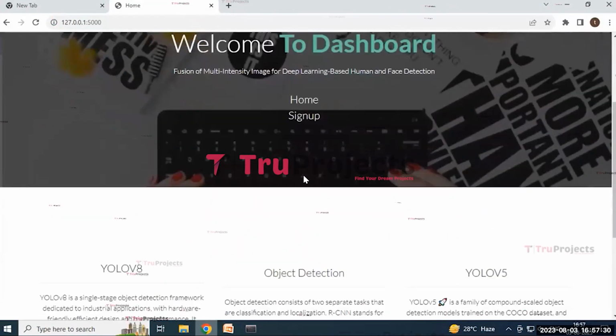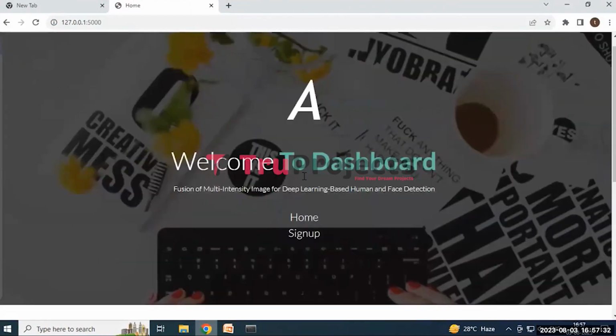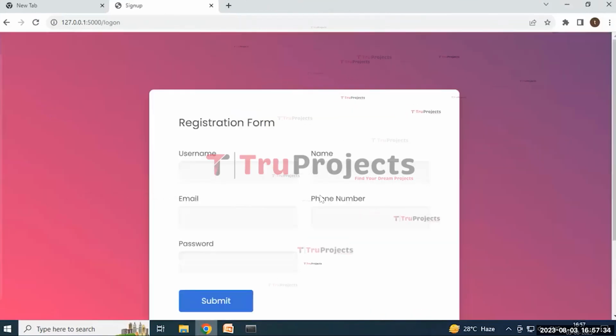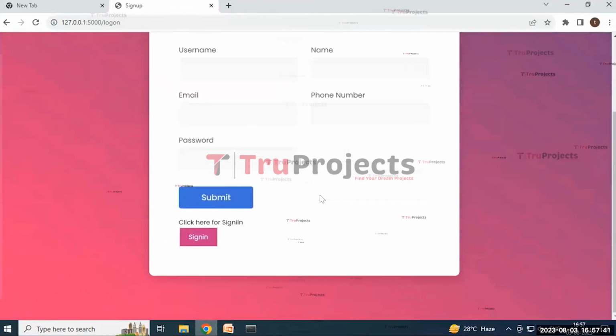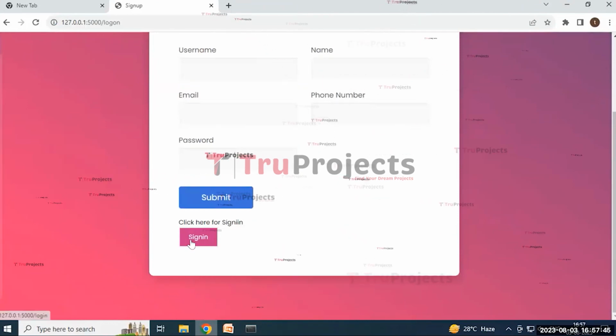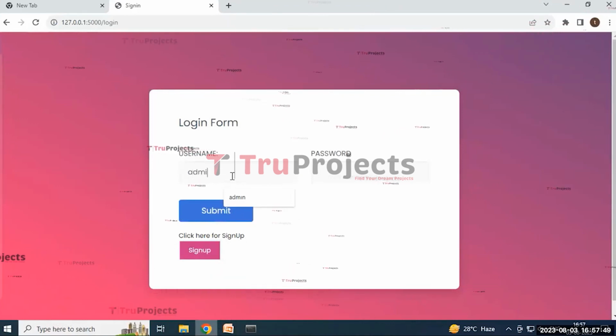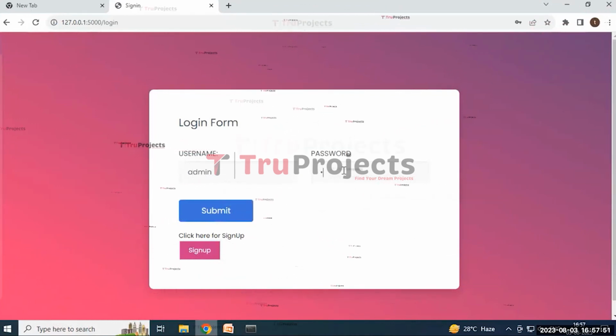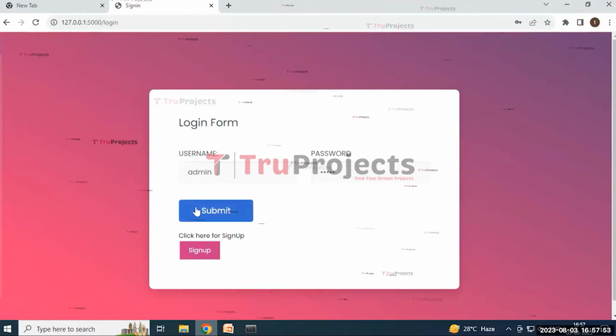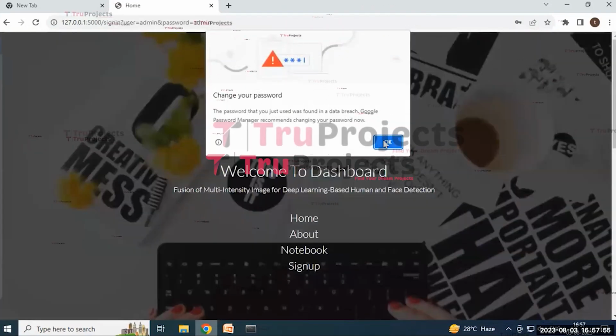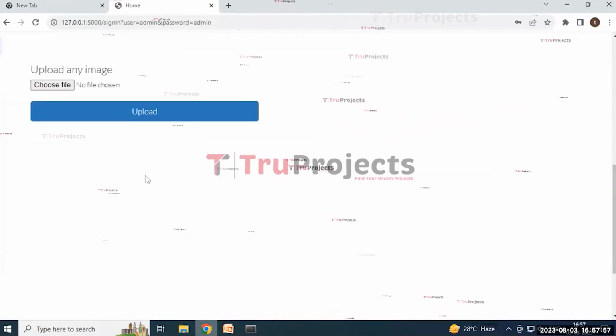Here we are redirected to this page containing some information about it, and then click on the sign up button. Here it will redirect to the sign up page containing some necessary details that need to be filled to create an account. But my account is already created, that's why I'm using the sign in button. Here it will redirect to the sign in page containing username and password as admin, and then click on the submit button. Here it will redirect to this page containing the choose file and upload buttons,